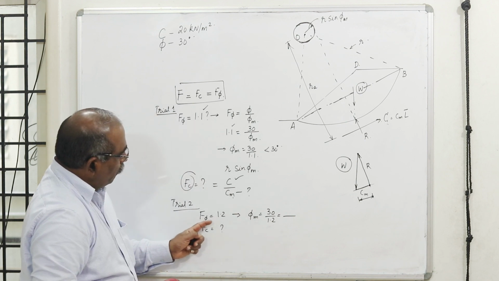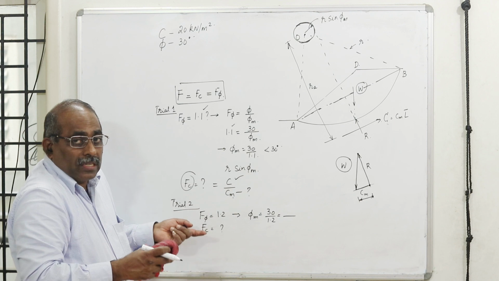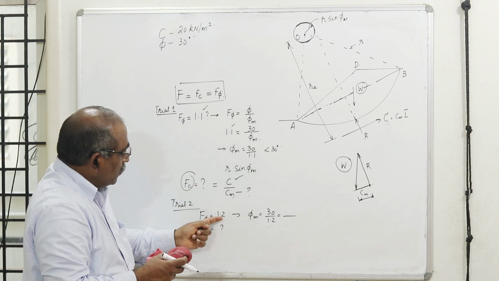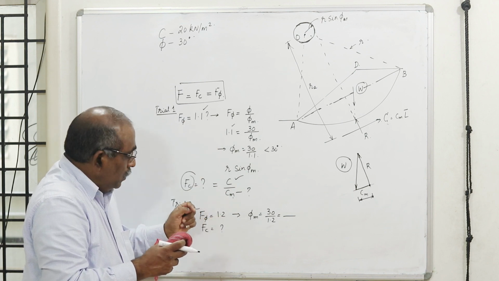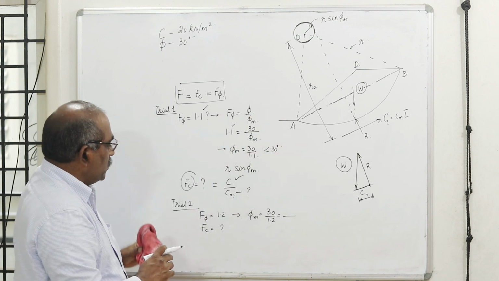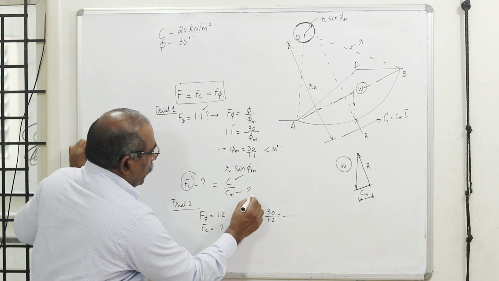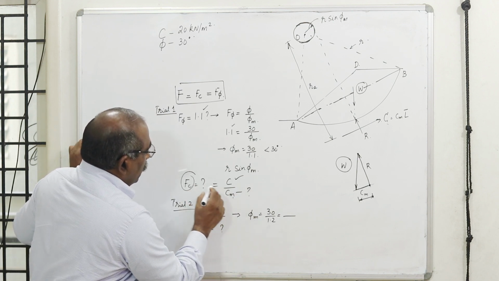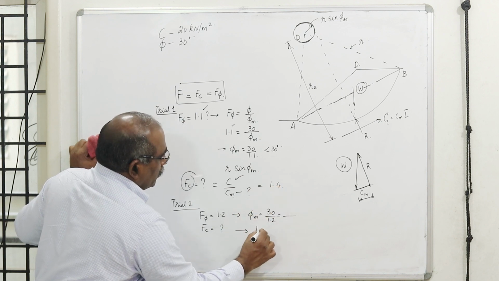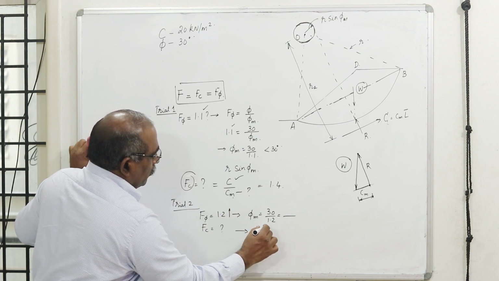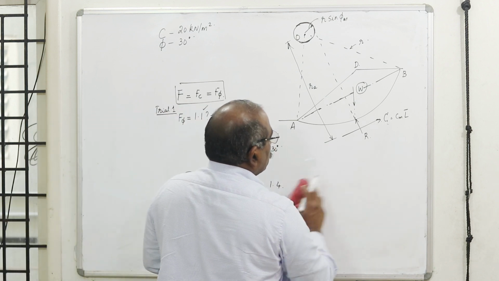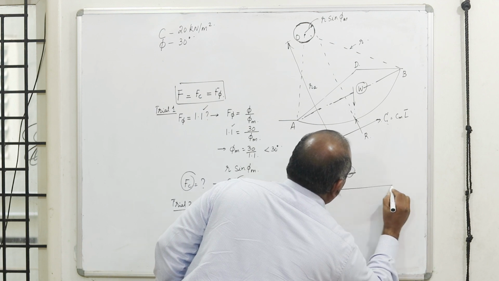Now what happens when Fφ increases, when this friction becomes more safe? Earlier it was contributing more. This factor of safety means I am not ready to spend more friction. I want cohesion also to participate in the load sharing phenomenon. Therefore, compared to the first case, if Fc is say 1.4, in this case it becomes 1.3. It reduces because this is increasing. Like this, I do some 4-5 trials and I get different values of Fc.